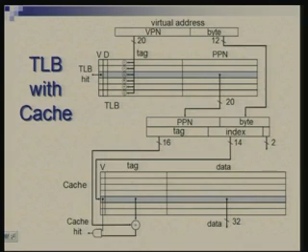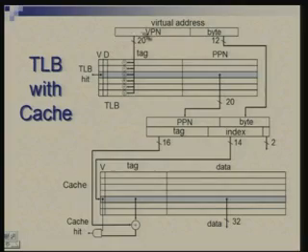So, this shows the overall flow, how you will use the TLB along with the cache. You start with a virtual address consisting of the VPN, the page number, and the byte offset. For example, if the address was a 32-bit address, the page number would be typically 20 bits if the page size is 12 bits, and the remaining 12 bits specify the byte within a page. First thing you are doing is looking at all the tags in this associative memory, comparing them with the VPN.